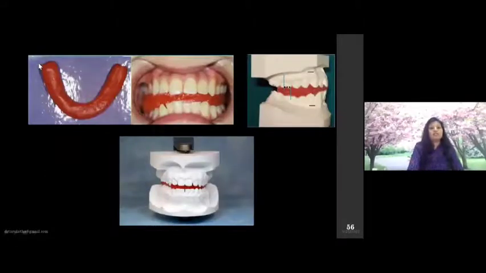Then what you do is you dip the base plate wax into the hot water and roll it. The roll should be around 5 millimeter thick. Once it is 5 millimeter thick, you bend it to a horseshoe shape, and later you keep it on the mandibular cast. After keeping it on the mandibular cast, first you mark the midline and slightly press it so that you have the indentation of mandibular teeth upon the horseshoe shaped wax roll. After having this, you can transfer this indented and midline marked wax sheet